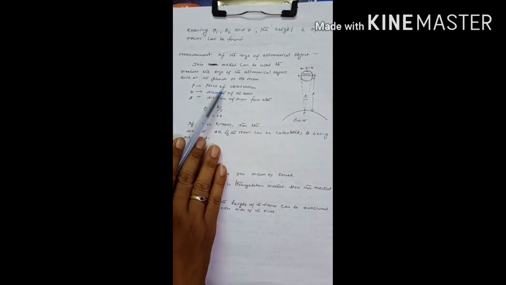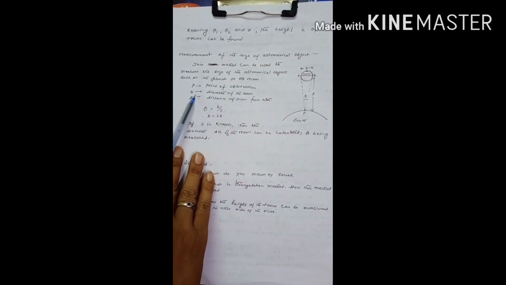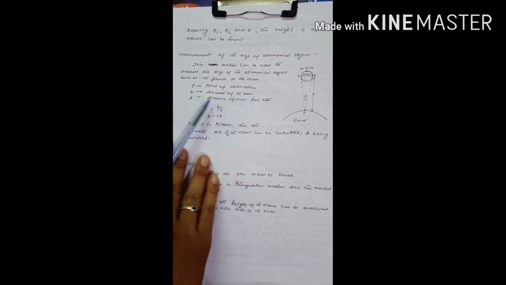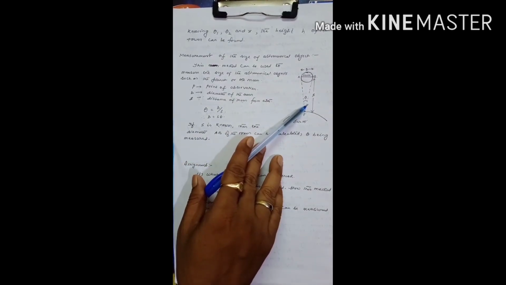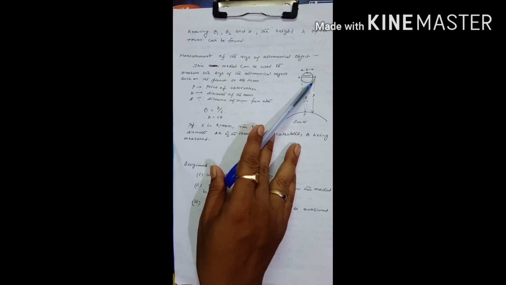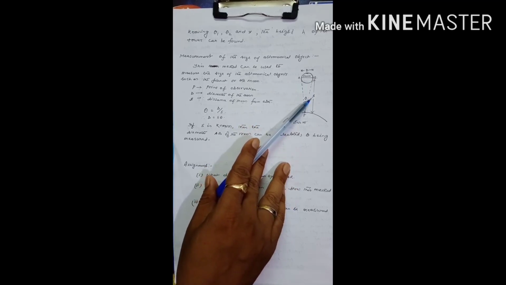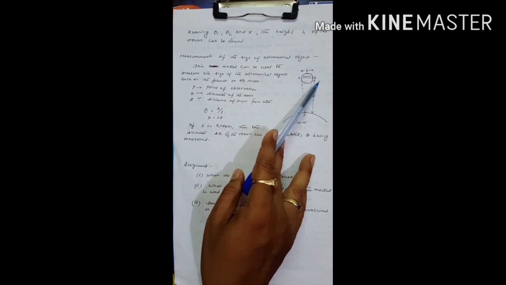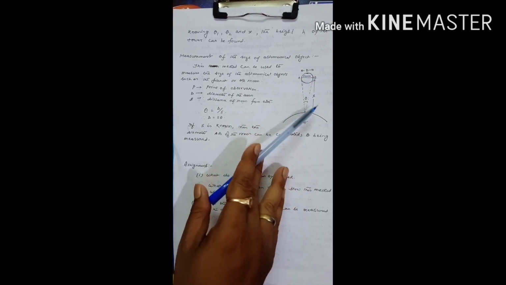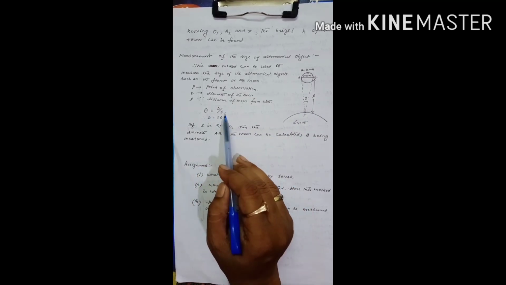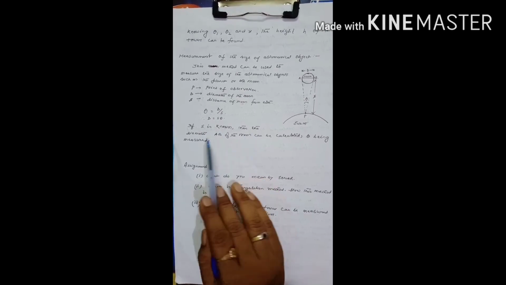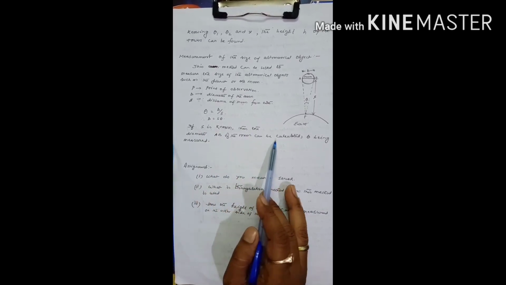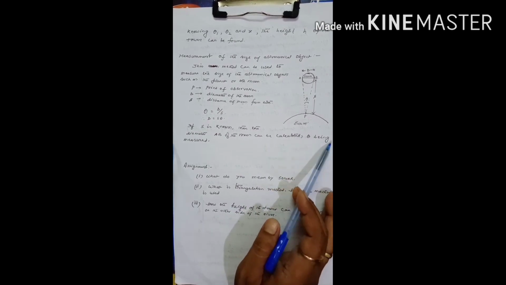Here P is the observation point, D is the diameter of the moon, and S is the distance of the moon from Earth. So we have central angle theta equals AB divided by S. AB is the diameter of the moon and S is the distance of the moon from Earth. So theta equals D by S, so D equals S theta. If S is known, then the diameter AB of the moon can be calculated, theta being measured.